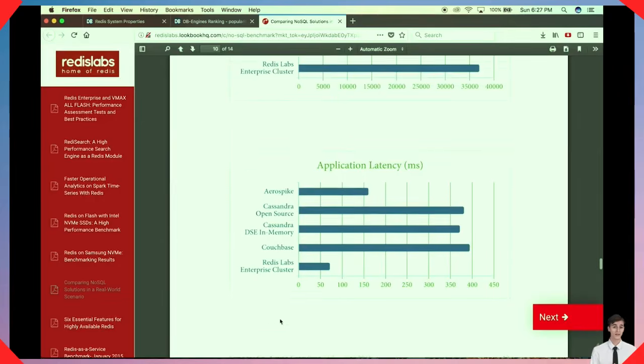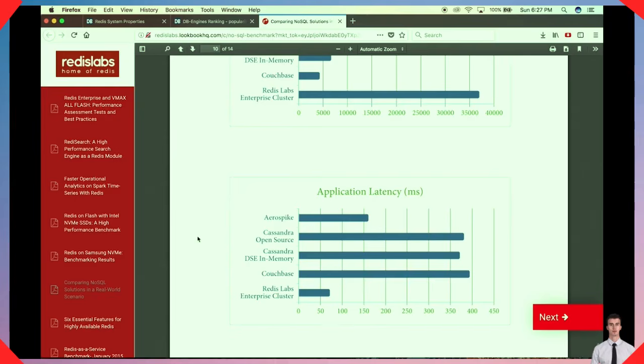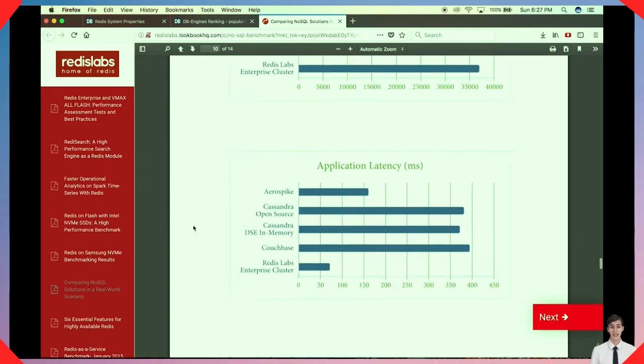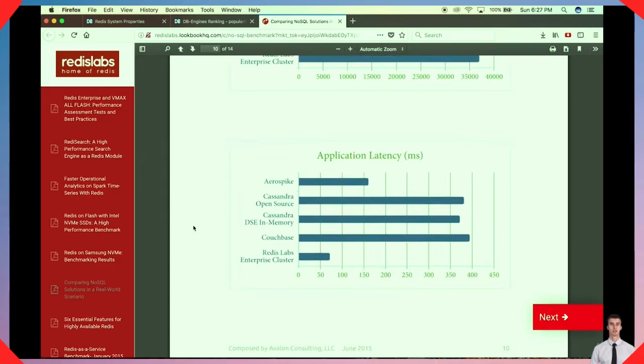Avalon Consulting LLC made a cool comparison of NoSQL solutions in a real-world scenario. They compared 5 data stores against each other: Aerospike, Redis Labs Enterprise Cluster, Cassandra Open Source, Cassandra DSC in memory, and Couchbase. Out of them, in application requests per second, Redis does far better than other key value store systems, other NoSQL systems. And regarding the application latency issue,